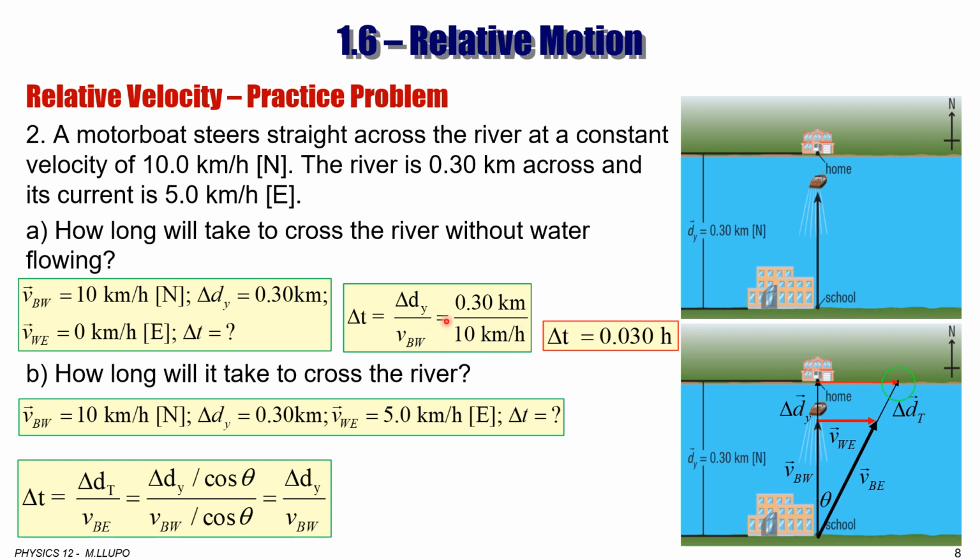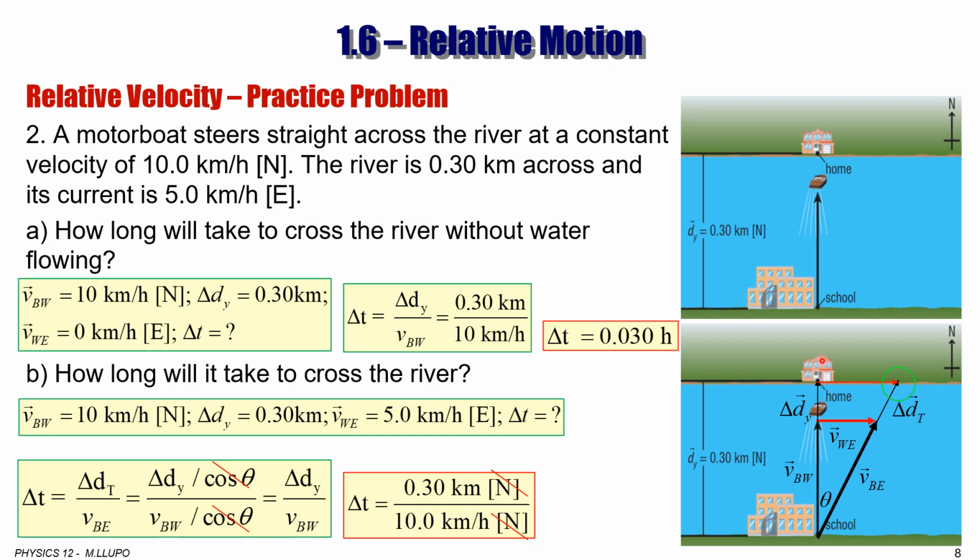But we already did this. So delta t is equal to 0.3 kilometers north divided by 10 kilometers per hour north. North and north cancel, and what we are left with is 0.03 hours. So the point here is, no matter the direction, the time crossing from one side of the river to the other side does not change,